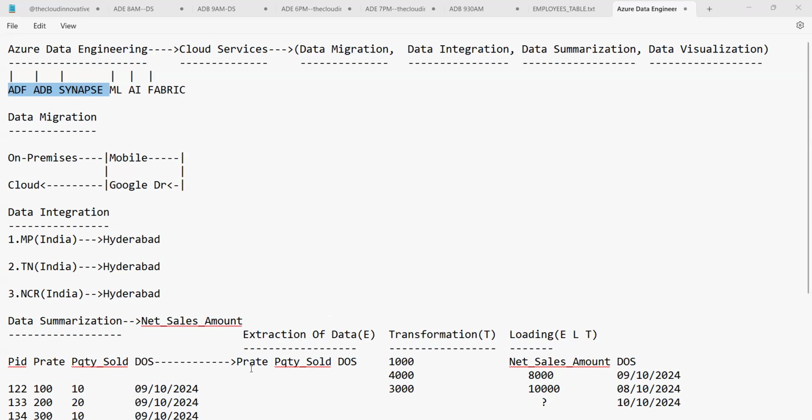If you see one subject, ADF itself can take 3 months if you want, because if you see every nook and corner, we will design such a good case study where almost everything will be covered in that.